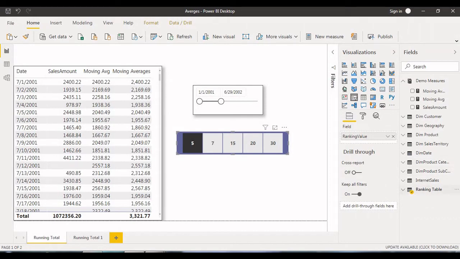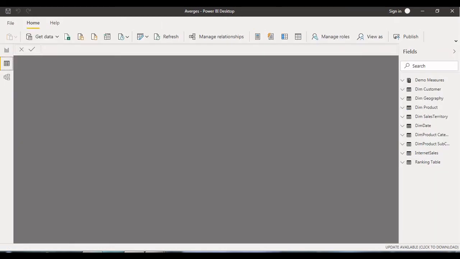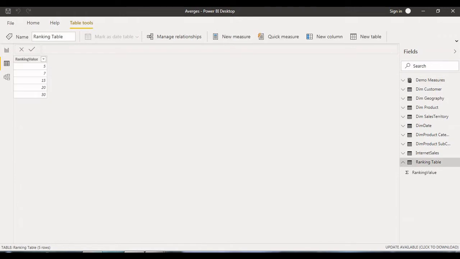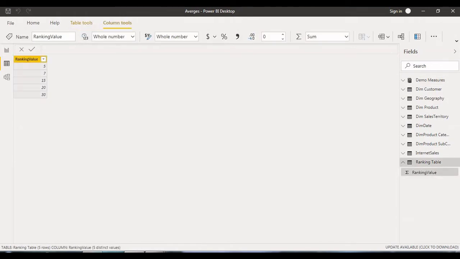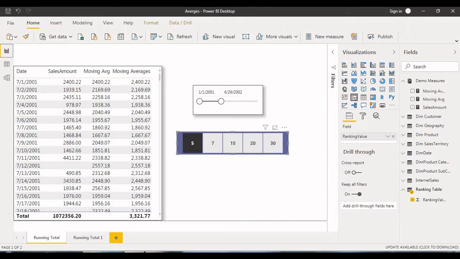Go to the ranking table, go to the data column. Now we can see that I have created the numbers 5, 7, 15, 20, 30. Based on these numbers, I'm finding the moving average dynamically, so I have used this one as a slicer.